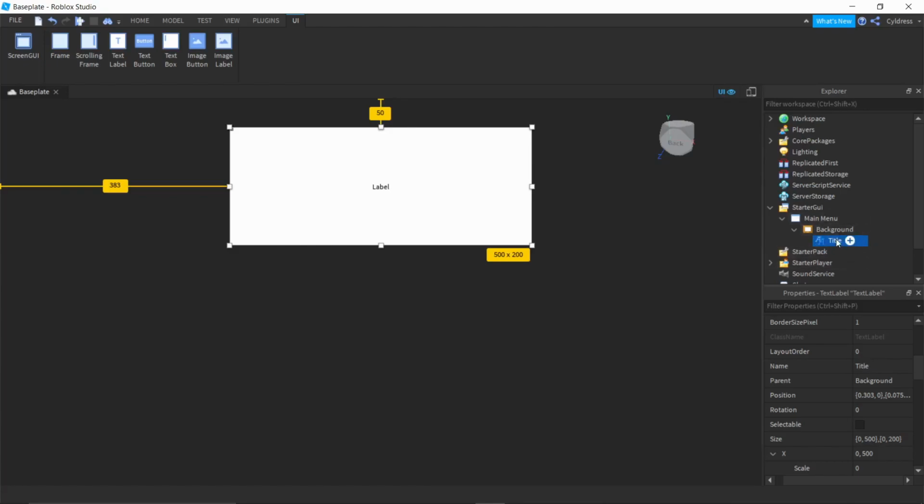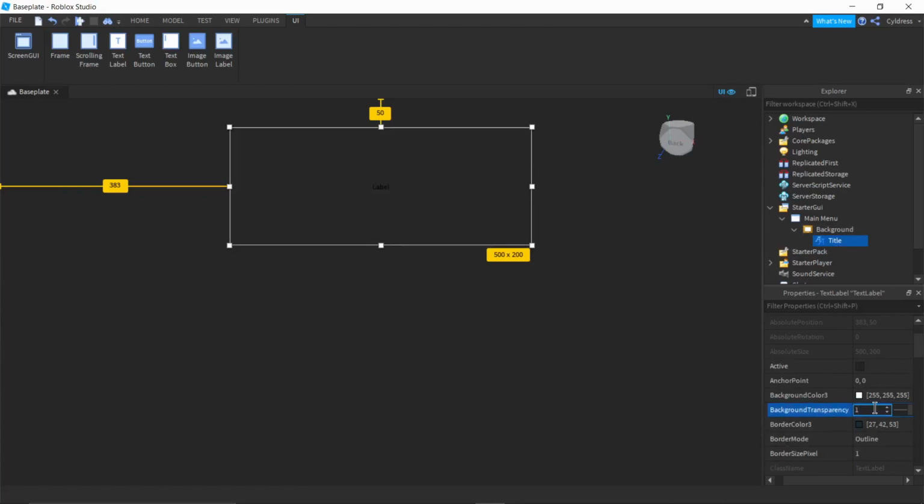And make sure if you call these anything, like your background, like background main or something like that, do not leave spaces. It'll mess up the script, and I can of course show you that in a little bit and how it does that. So this is gonna be our title. We're gonna make our background transparency 1,